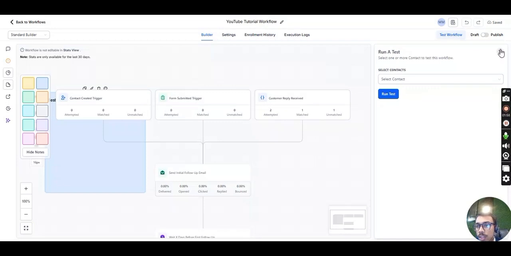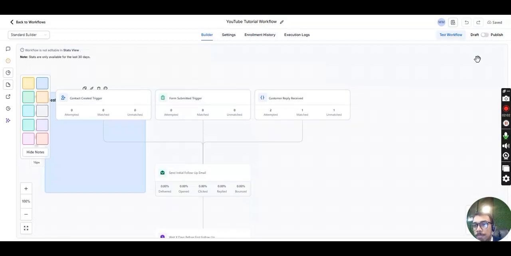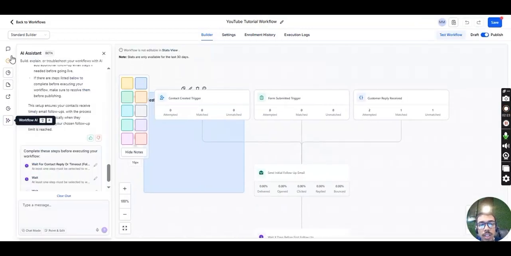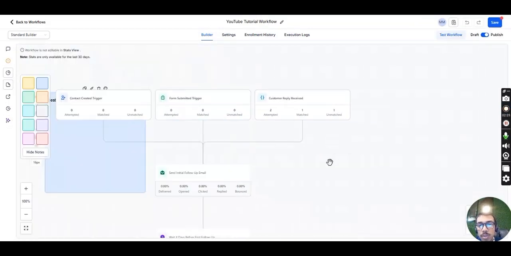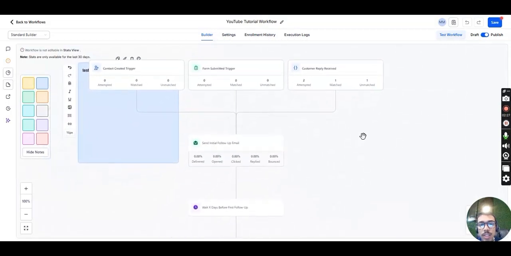So the next thing is publishing and keeping the workflow as a draft. Draft means your workflow is not live. Publish means your workflow is live. So if you want to activate your workflow, you must use the publish option and then save your workflow. It is not saving because it has 3 errors, and due to this AI, if you want to create new workflows yourself,